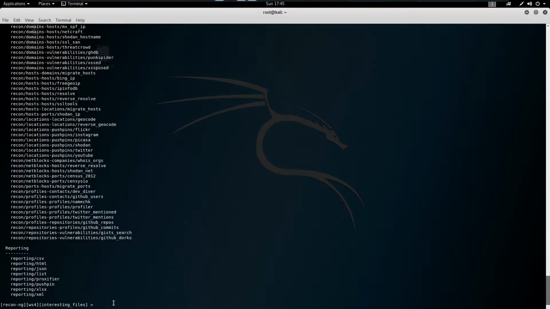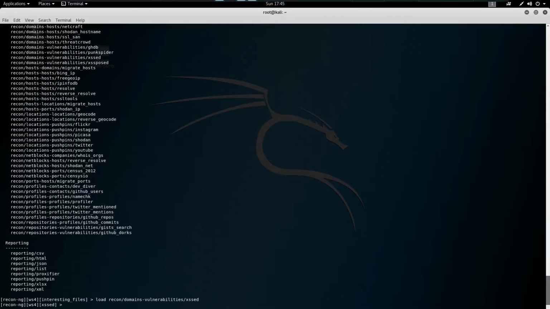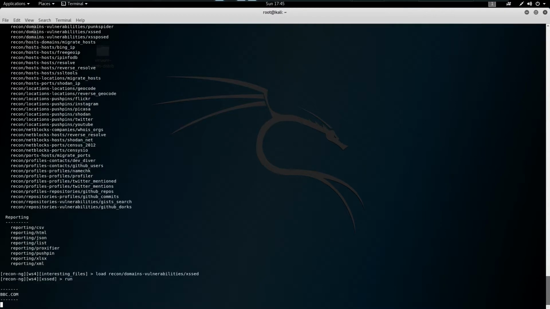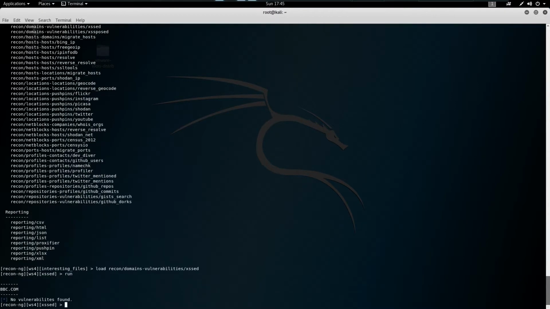You can use this module to find whether these websites have an XSS vulnerability or not. Let's run. So it's saying that no vulnerability is found, meaning this website does not have any XSS vulnerability.